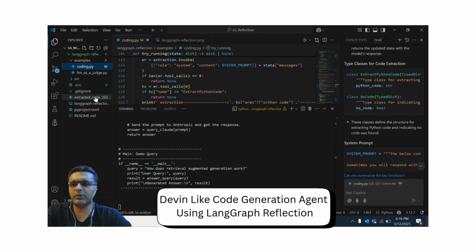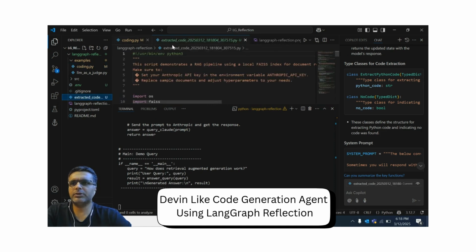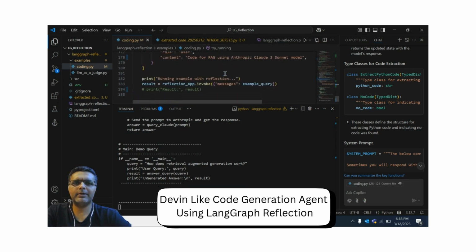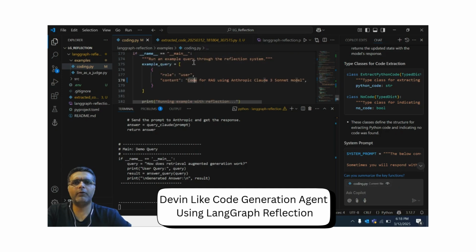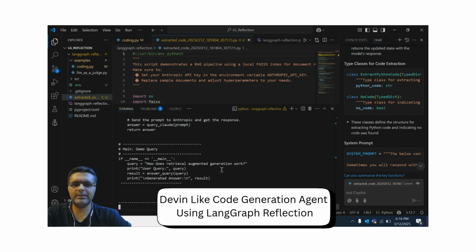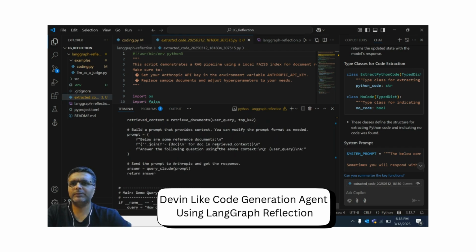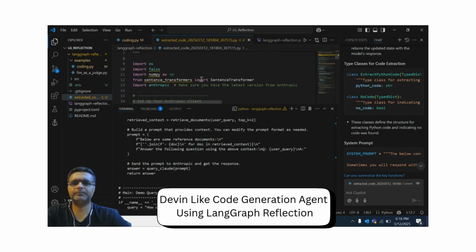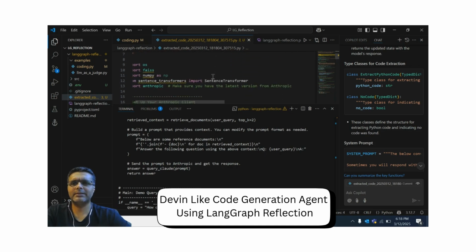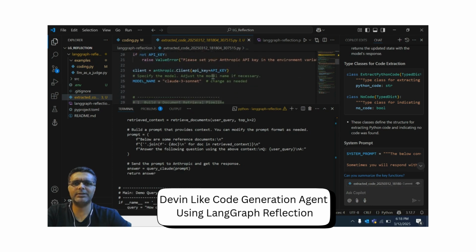There you go. The first code is generated. Just to show you what code I'm generating while it's all happening in parallel, I have given a prompt: code for RAG using the Anthropic Claude 3 Sonnet model, right? So that is what it is trying to generate. The first code is in place, and let's see on the console, it's not yet over, which means there has been a challenge, and I've hidden the challenge, of course. But you can easily see in this code there are at least some warnings and issues which Pyright should catch up on and then